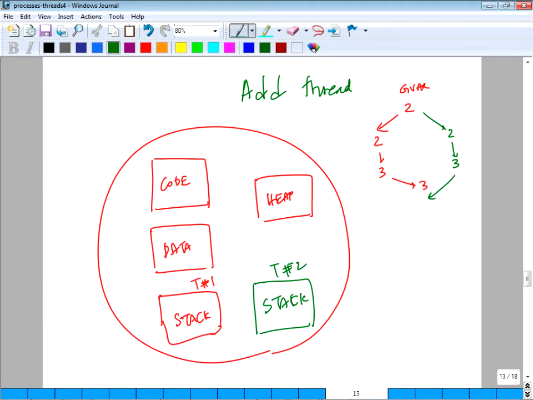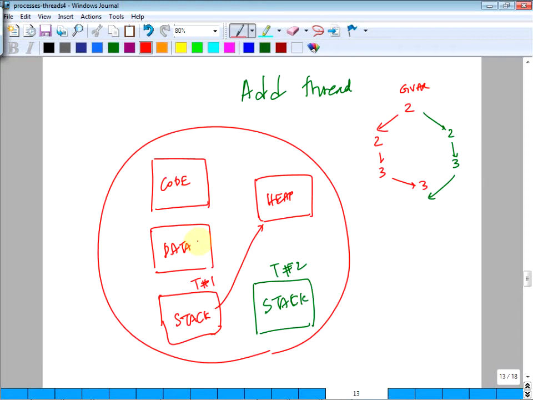When you're adding a thread, you will get a new stack. Unlike a task, where you don't copy the stack, for a thread, as you will see later, we specify where to start, which function to start. So for the heap, if this guy is pointing here, let's say, that means this thread will not have access.